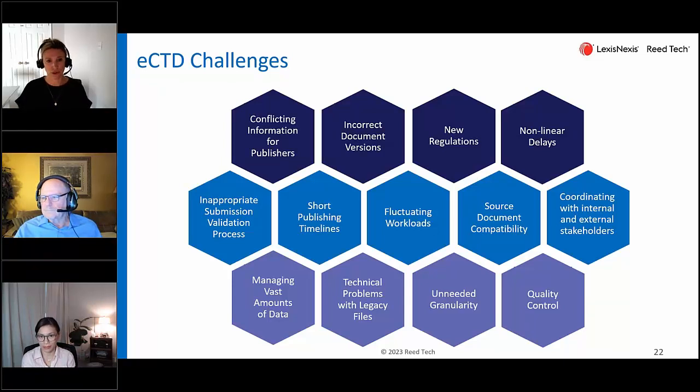Oftentimes there's quality control issues, both from a content perspective or a technical perspective, as well as missing documents or incorrect document version numbers. The reason why I list all these three things, as well as some of the other ones on here, is that it comes back to one main thing you can do to alleviate some of these, and that is have a strong project management setup. Whether it's internal to your company or through the use of a vendor, whatever the case may be, laying that groundwork early on and having strong project management throughout really can alleviate most of the problems that you see